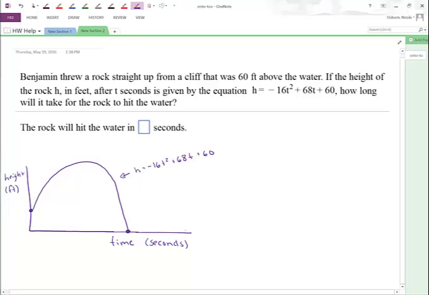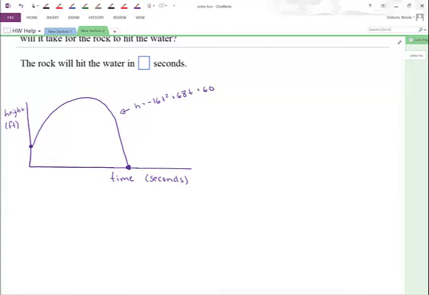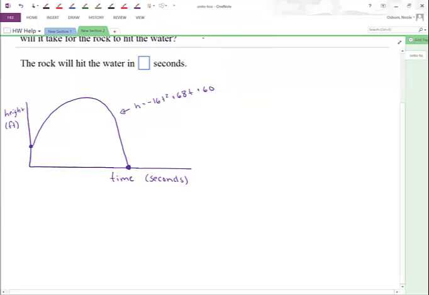Now, what this problem is asking is how long will it take for the rock to hit the water? Well, when the rock hits the water, its height would be at 0. So in other words, what I want to do is I want to solve this equation for when 0 is equal to negative 16t squared